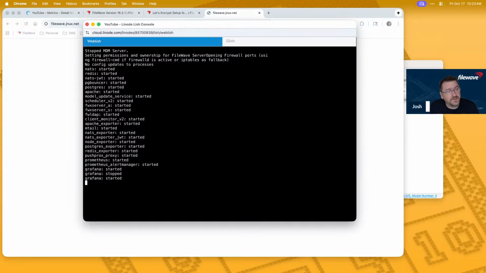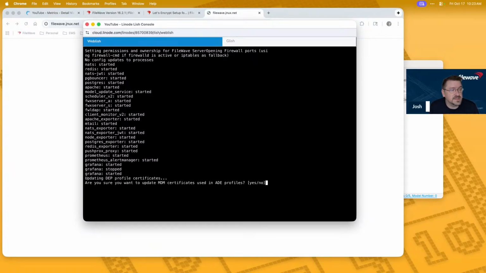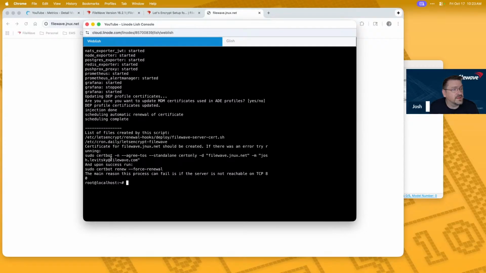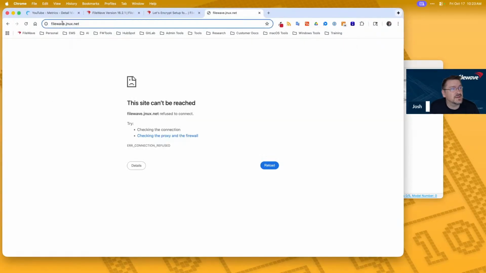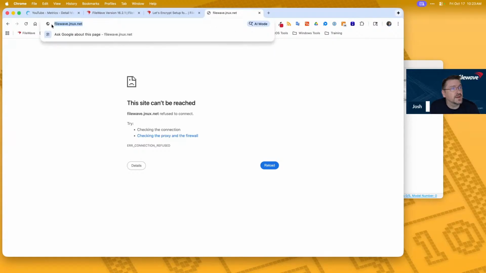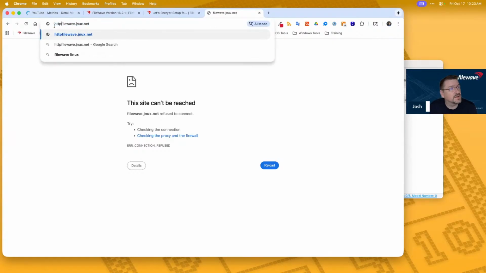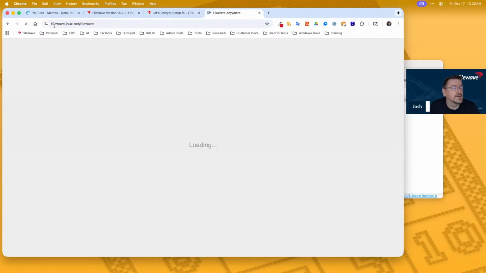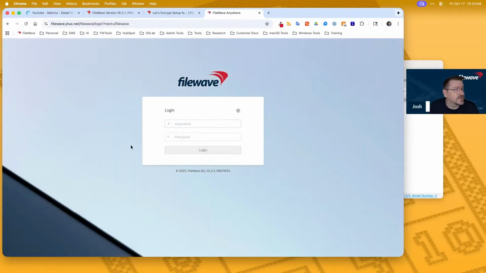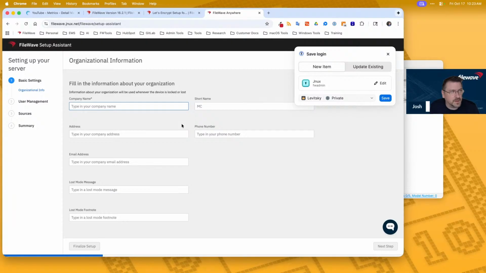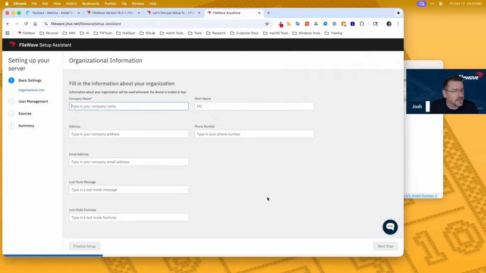But now I don't have to buy an SSL certificate, and we should see that the server is good. So let's see if we can't prove that. And I know one of the things I did. You have to go to HTTPS. So here's the server. The default password when you first log in is just FileWave. It's in our knowledge base, but